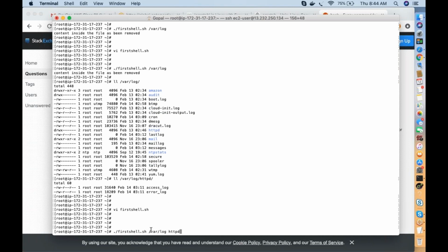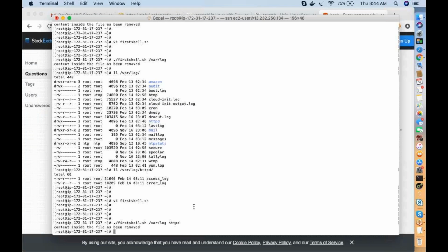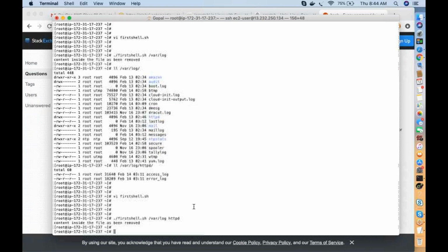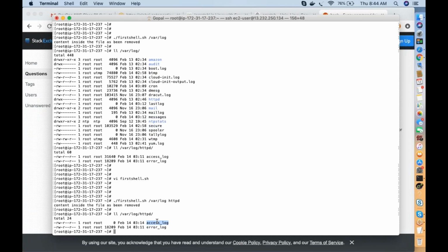So my first input is var log, my second input is httpd. Now I press enter. The script has executed successfully with my input. Now let's see, my log file has been emptied. The access log is empty. Previously it had some content, now it has become empty, meaning the script has executed successfully.